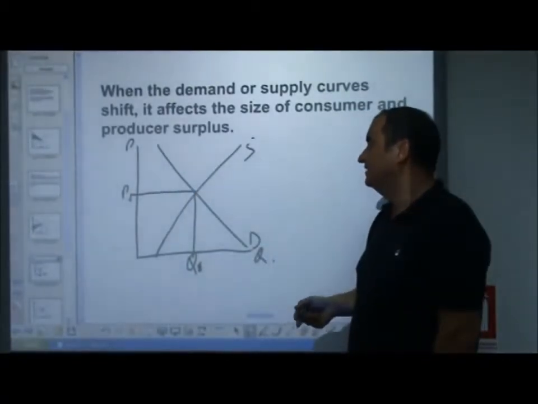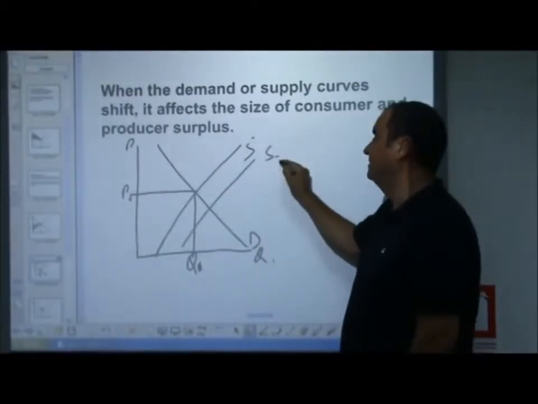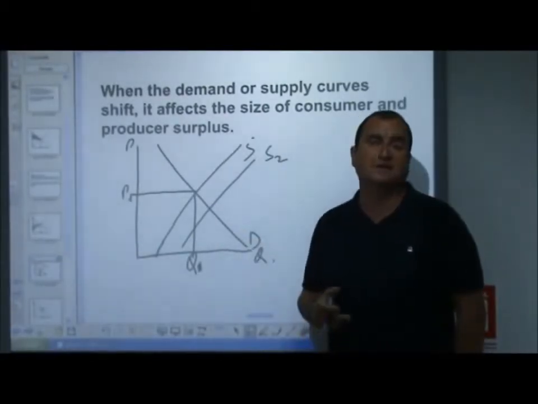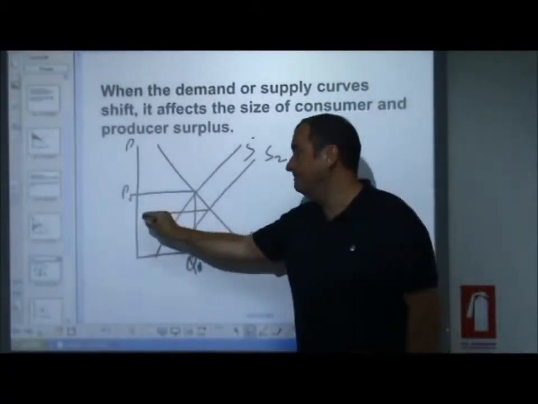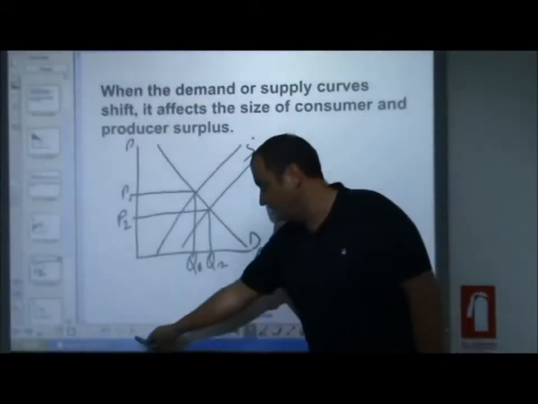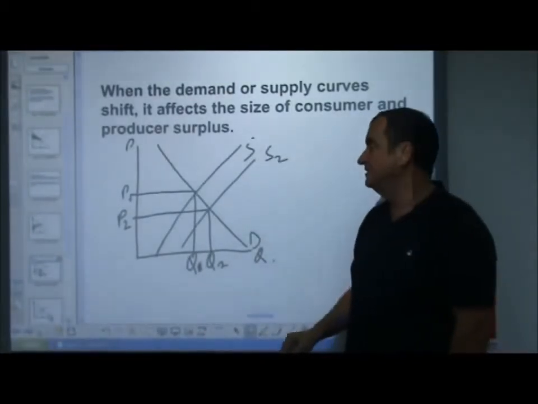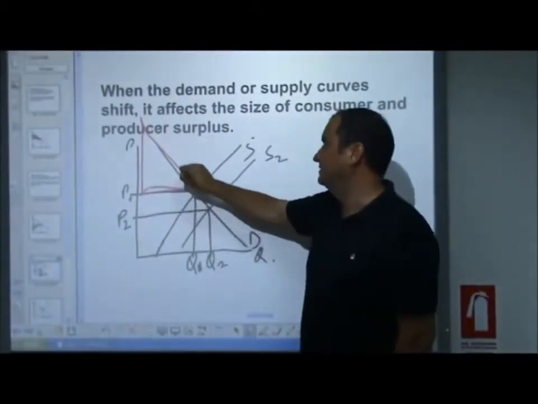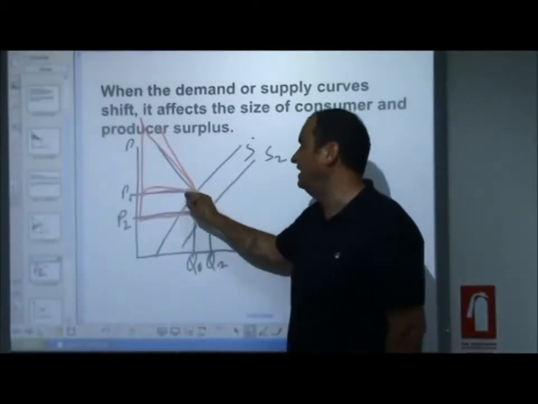Now let's imagine that there is a rise in supply. Maybe the costs of production fell, maybe labour costs fell, maybe a tax that the government was charging was scrapped. Now there's a new equilibrium point, and there's a new price, P2, and a new quantity, Q2. Well, what's happened? You can see that when the supply shifted outwards, the consumer surplus, which had been here, has grown to include this section as well. This area here